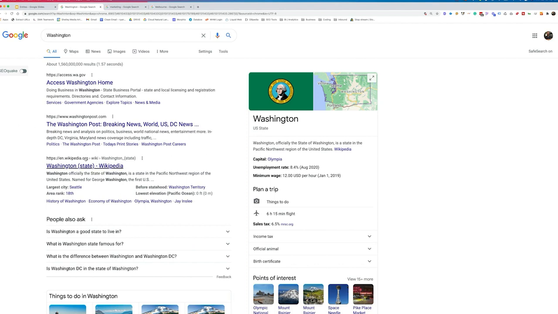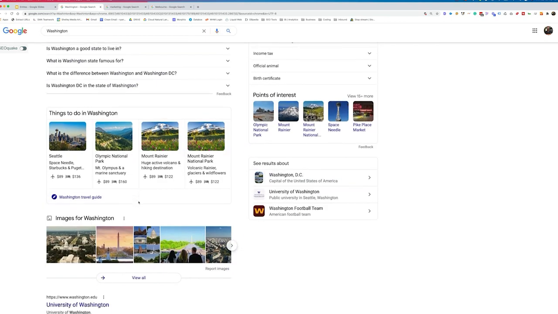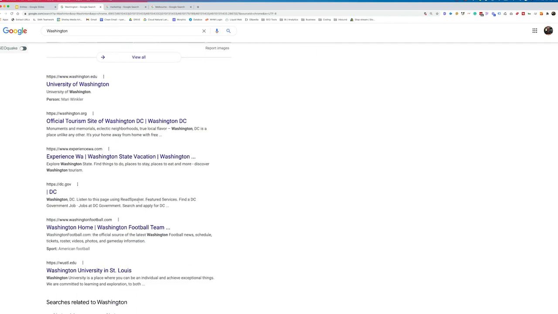And then below that we see the Wikipedia link for the state of Washington, and then in the people also asked we see information based on Washington State as well as Washington, D.C. Google's not sure of the intent because this query is too broad. If I wanted to talk about the President Washington, I'm not even getting any information on that. So these search engines don't have a clear understanding of just straight text.